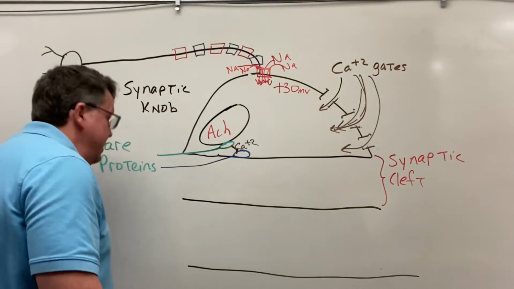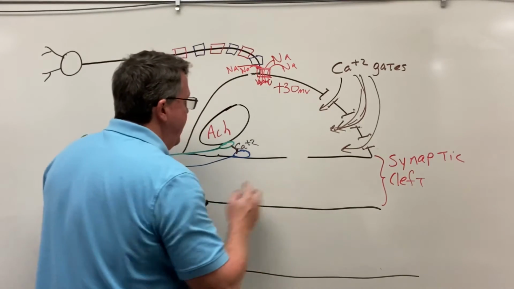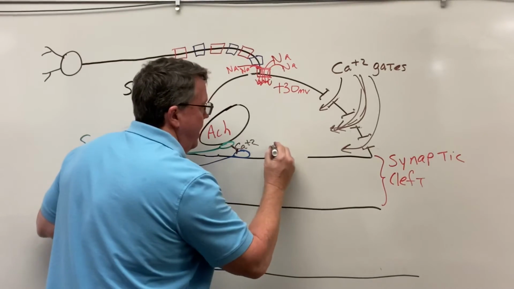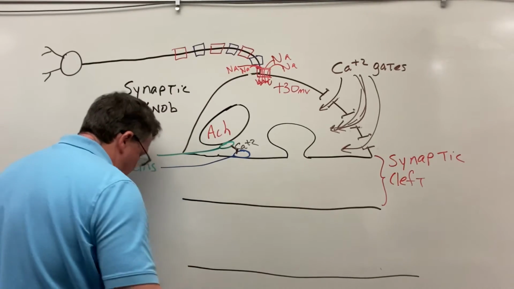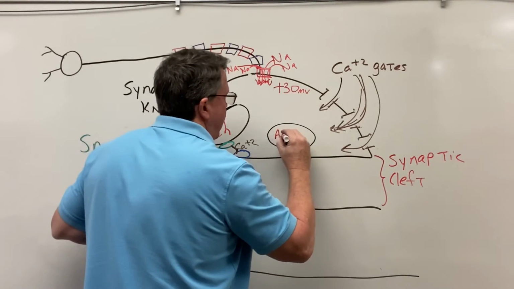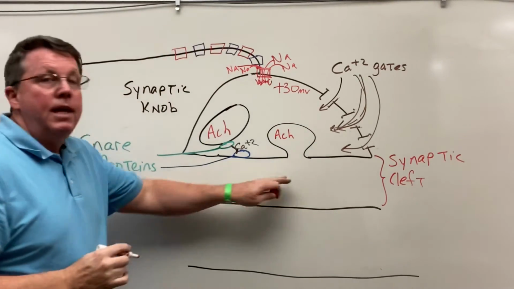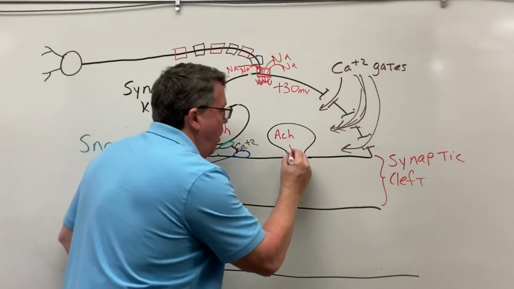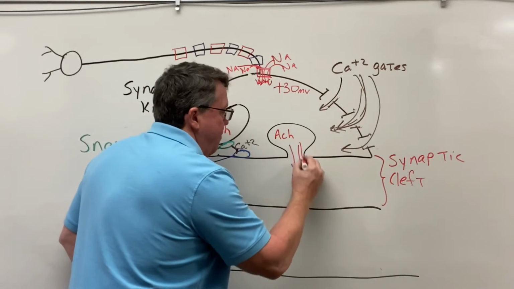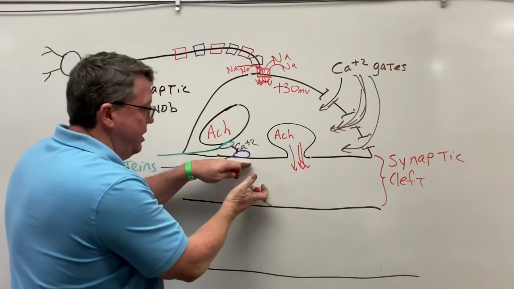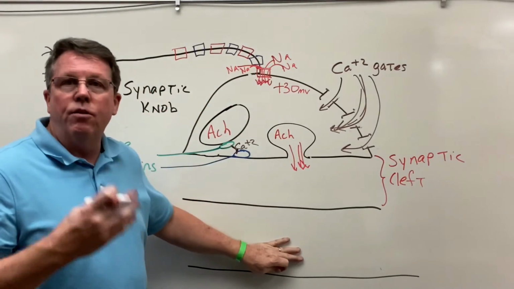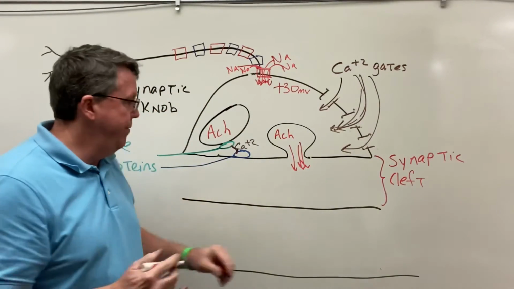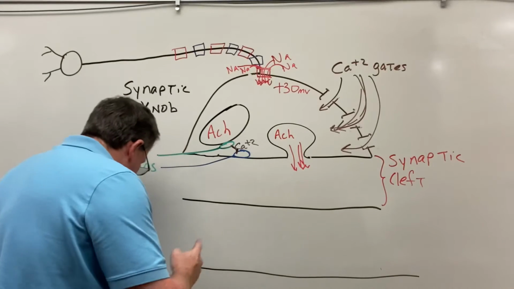And this is what happens now. So I have my proteins, right? And now I have my vesicle, and here's my acetylcholine. Now the acetylcholine can go out into the synaptic cleft, which remember, this is just a space between the synaptic knob and either a gland, a muscle, or a nerve. On this side,